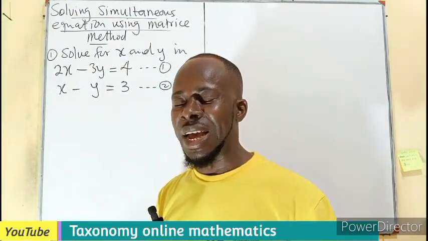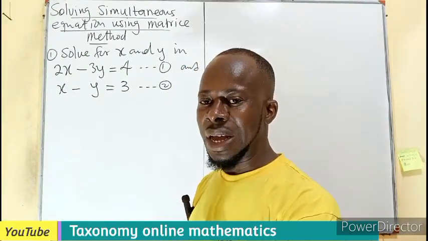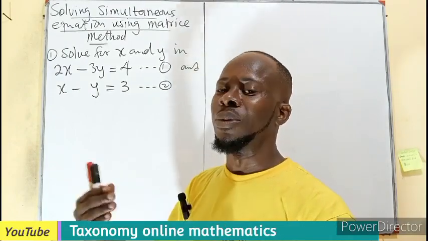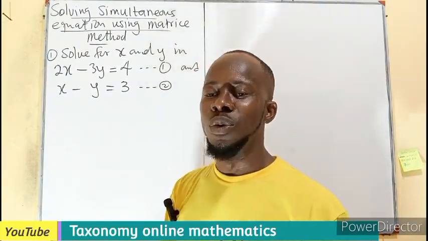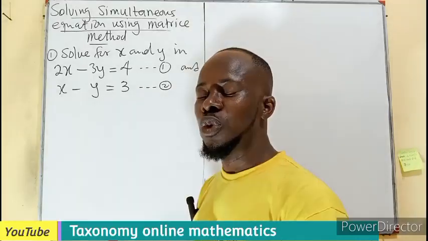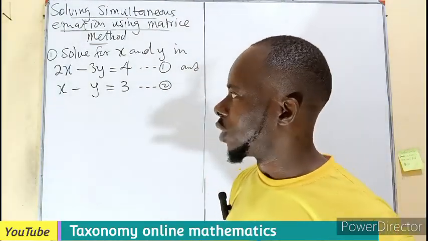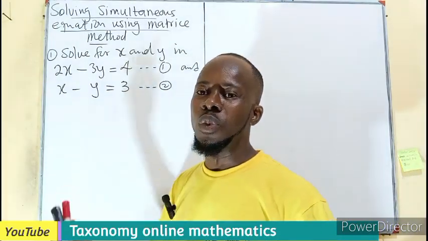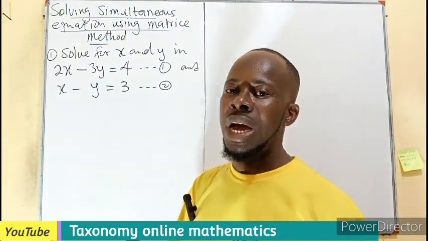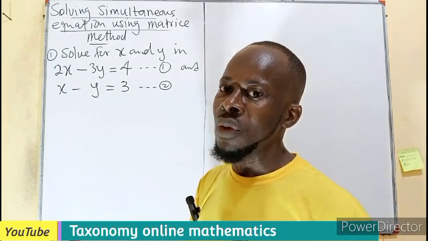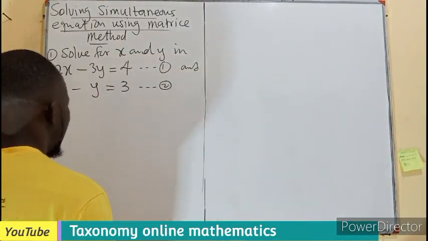There are various methods used in solving a simultaneous equation. You might prefer the elimination. You might also prefer the substitution, using Cramer's rule, or we can also use the matrix approach. So in this episode, we want to concentrate on how we can use matrices in order to solve a simultaneous equation. So first things first,